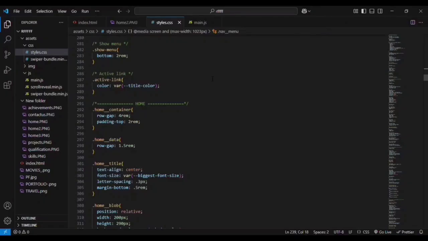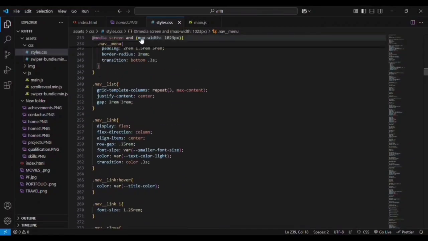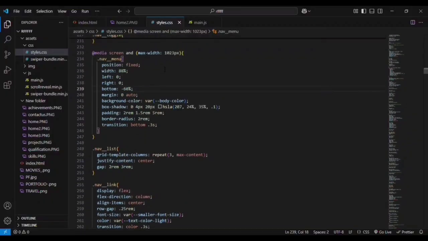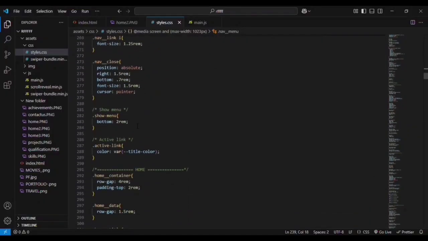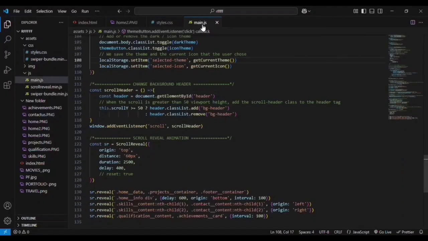You can see that the show menu is nothing but one and only, which will help us in changing the bottom value. You can see the bottom value is minus 60%, right? So by giving the show menu as bottom 2rem, we are going to make it visible. I'll tell you how. What will happen is that we will have the menu icon, right? So whenever you click on the menu icon,